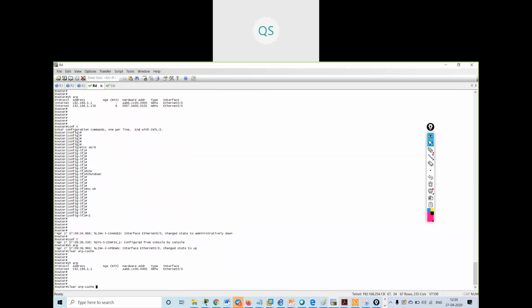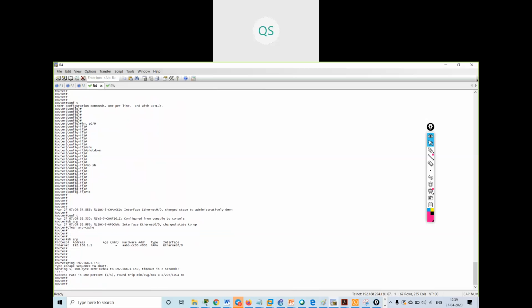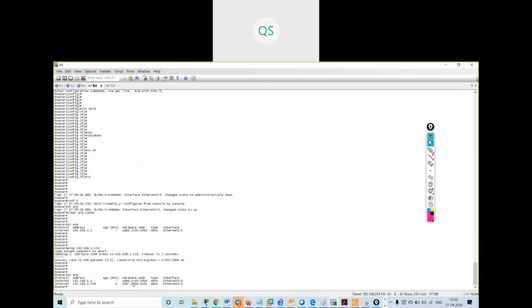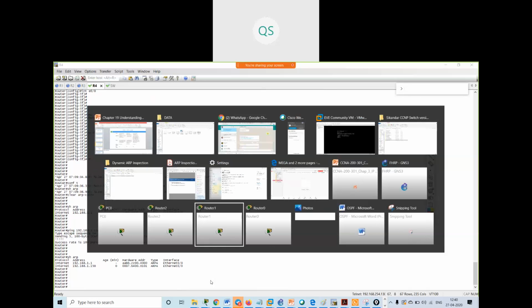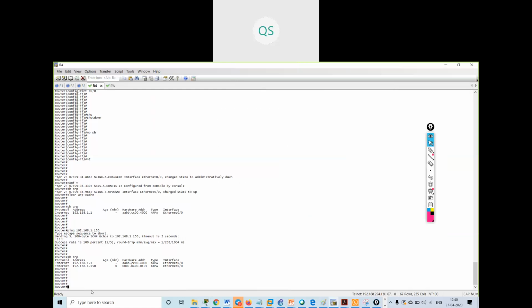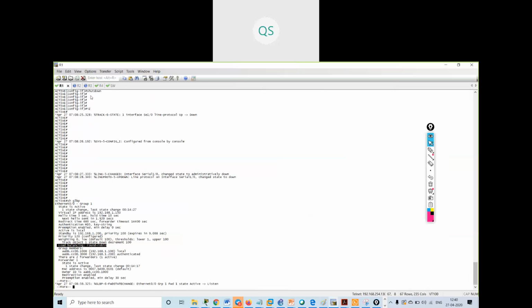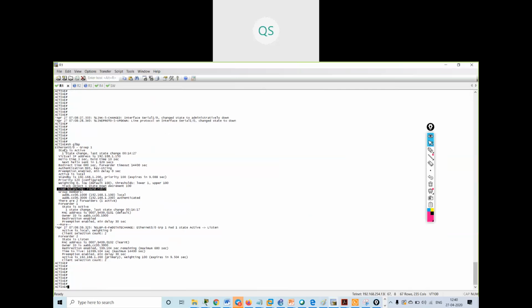Now I will try to ping my gateway. Okay, I've pinged my gateway. Now show ARP. It is using this virtual MAC address. So in the production network, it will not be using this MAC address. See, in the production network, if my weight value is 0, this router will not act as a virtual forwarder anymore. It will not forward any traffic from here.